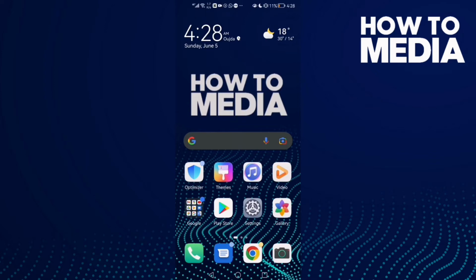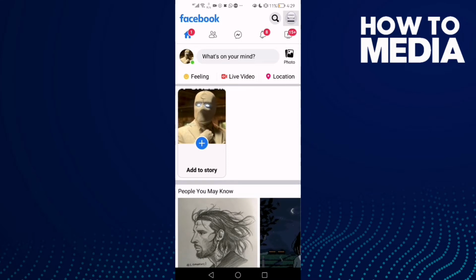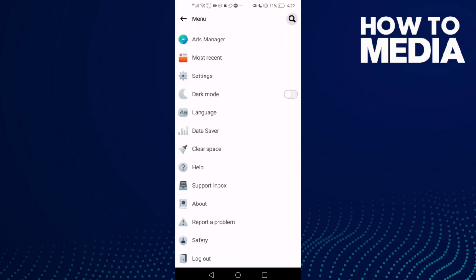How to review privacy checkup interactions on Facebook Lite. Hello guys, in today's video I'm gonna show you how to review privacy checkup interactions on Facebook Lite. First thing, go to Facebook Lite, click these three lines in the top corner and go down, click